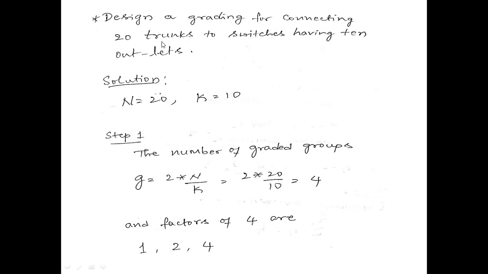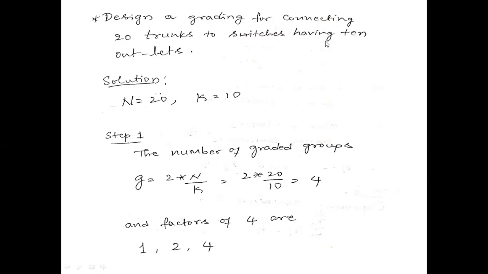You have 20 trunks, and switches available with 10 outlets. What it is asking is to figure out a way to perform the grading on 20 trunks using some group of switches with 10 outlets available on each of those